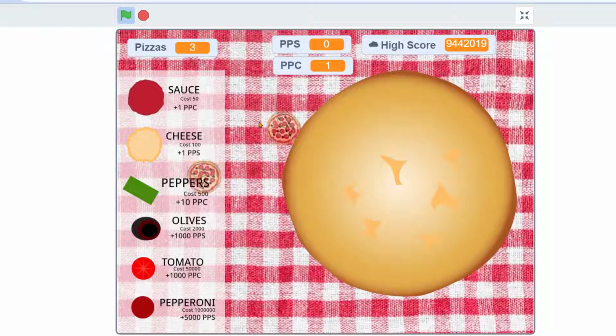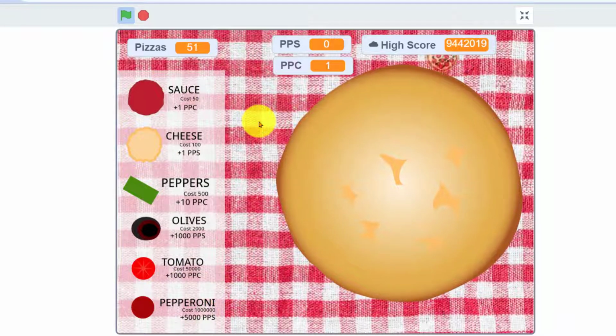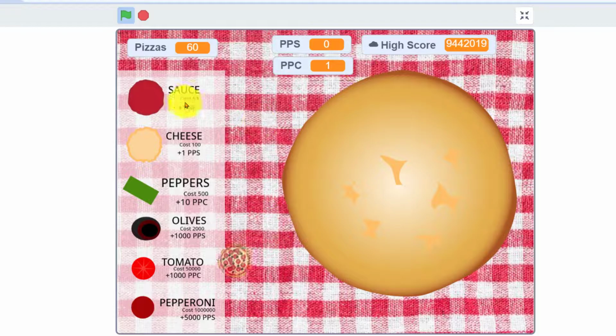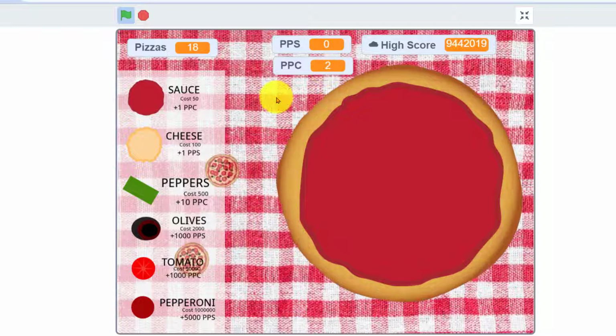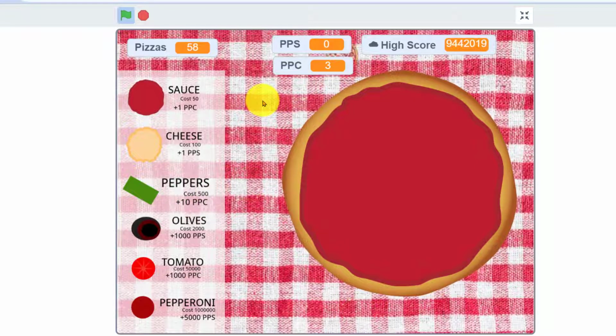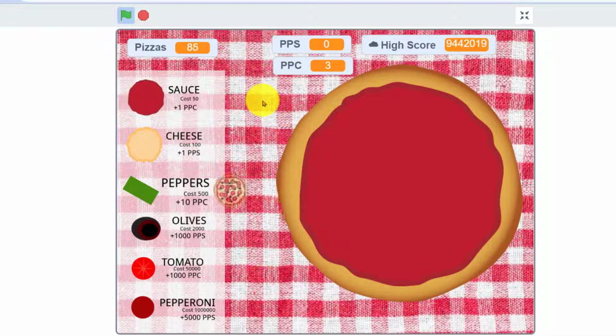Today, we're going to make a pizza clicker game. Every time you click, it makes a new pizza. When you have at least 50 pizzas, you'll be able to buy some sauce. And when you buy the sauce, then every time you click, you'll get 2 pizzas for every click. So it'll be even faster before you'll be able to buy some more sauce. And you just keep clicking. This is why it's called a clicker game, because you just click